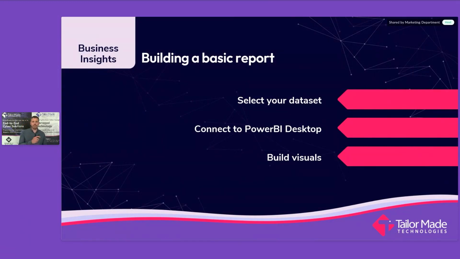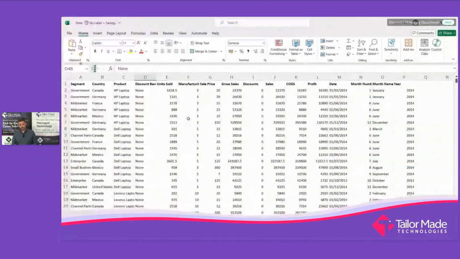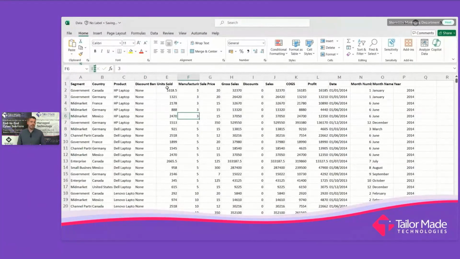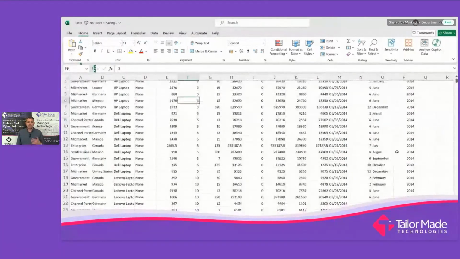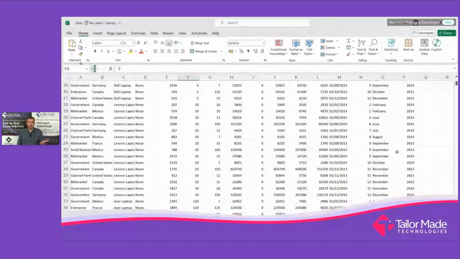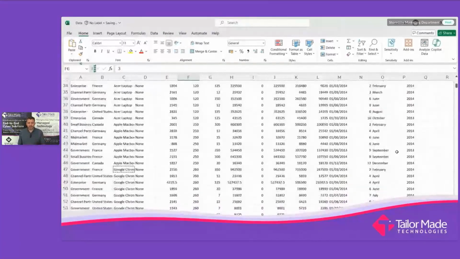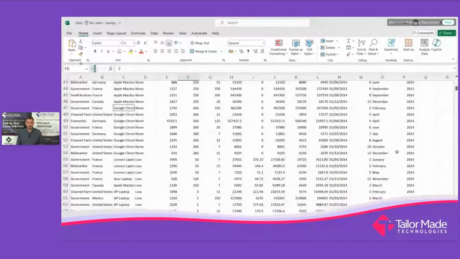So how do we get started with Power BI? We start with data, okay? As you can see here, I've got a spreadsheet. It's all the same sort of thing we'd expect to see. I've got columns across the top and lots of data underneath, various rows. But as I'm sure you'd agree, it's very hard for me to get any idea of trends through those numbers. It's just lots of numbers in my mind, all right?